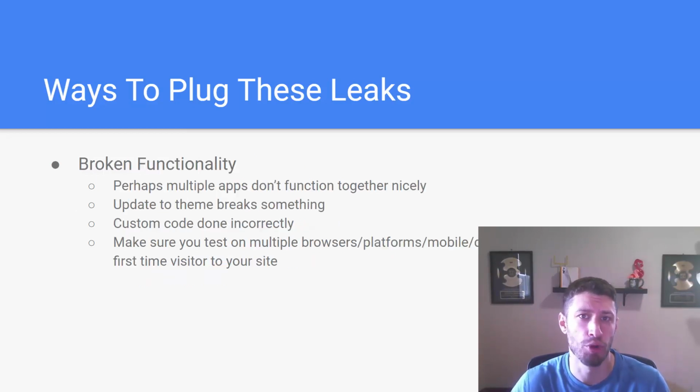Another thing, fix broken functionality. This sounds like an obvious thing, but maybe you add in multiple apps, they don't play nice together, or maybe you made an update to the theme and it broke something that you did. Maybe you have custom code that was done incorrectly. Maybe you went to Fiverr and got some horrible coder to add something to your site and it just breaks things. Well, you want to make sure that you test your site, and not only on your laptop or desktop